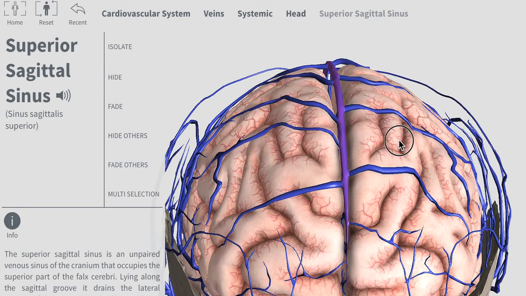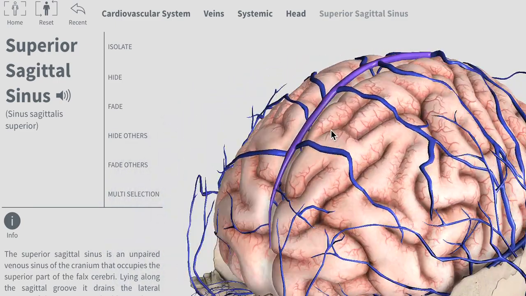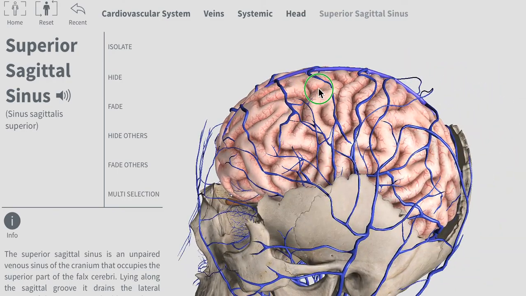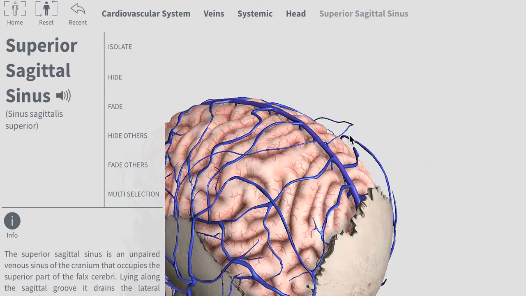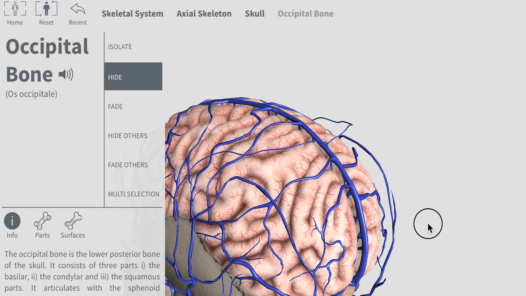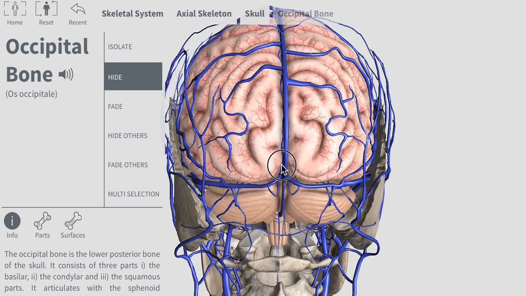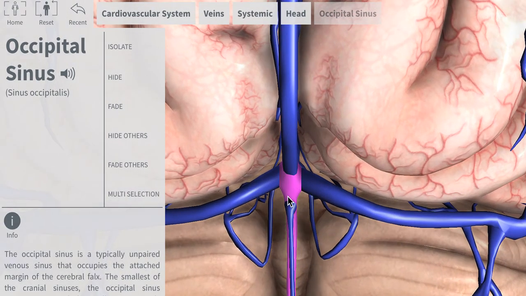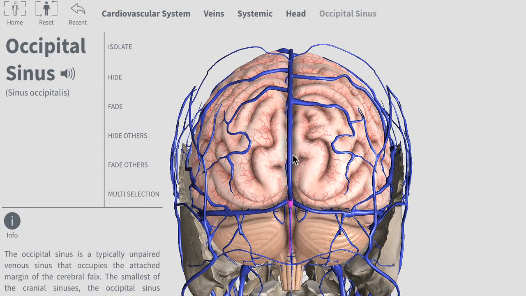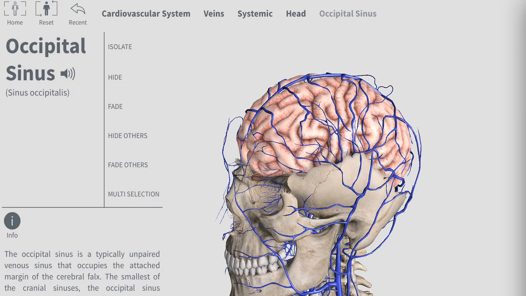Now, the superior sagittal sinus, as we mentioned earlier, is not an actual blood vessel, but it's a drainage system of the venous blood, and then it would travel along the longitudinal fissure of the brain, superficially, of course, and back towards this place. Now, this is a place where we call the confluence. It's not actually labeled in this application here, but it would be structured here. The confluence is basically the structure where all these major veins drain into. Now, we've covered the superficial